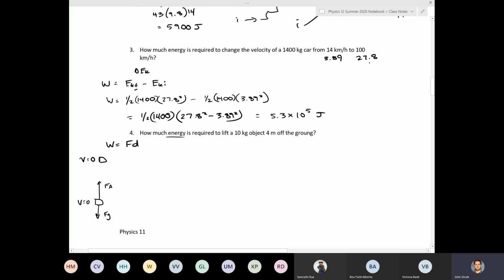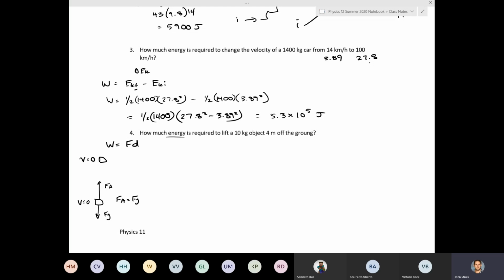you can imagine this as a net force of 0. So that means that FA equals FG. If there's no delta EK, that means there's no delta V. If there's no delta V, then A is 0. If A is 0, F net is 0. So you kind of have to play that game of drawing conclusions based off of the different states